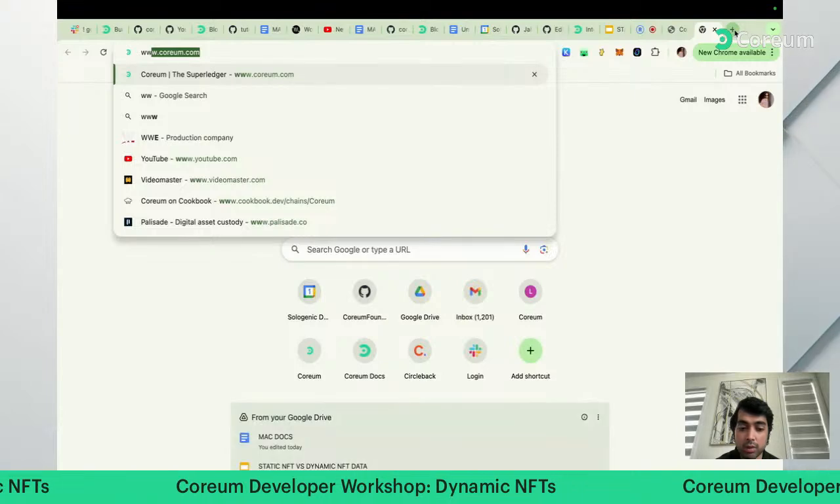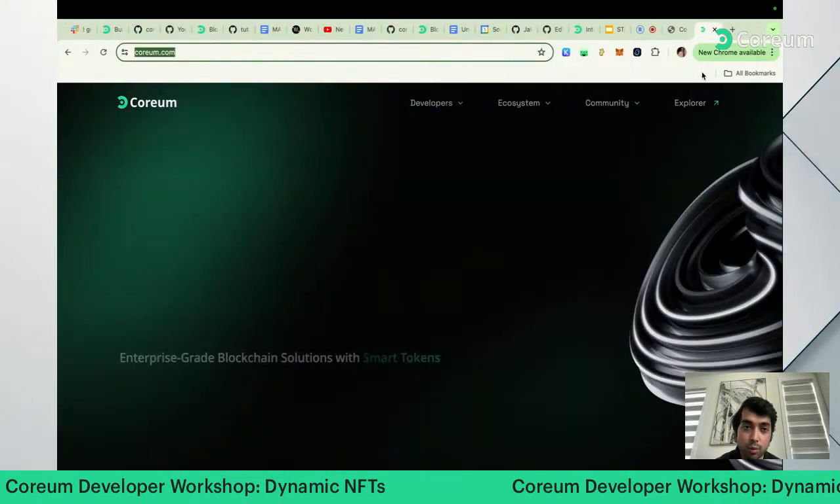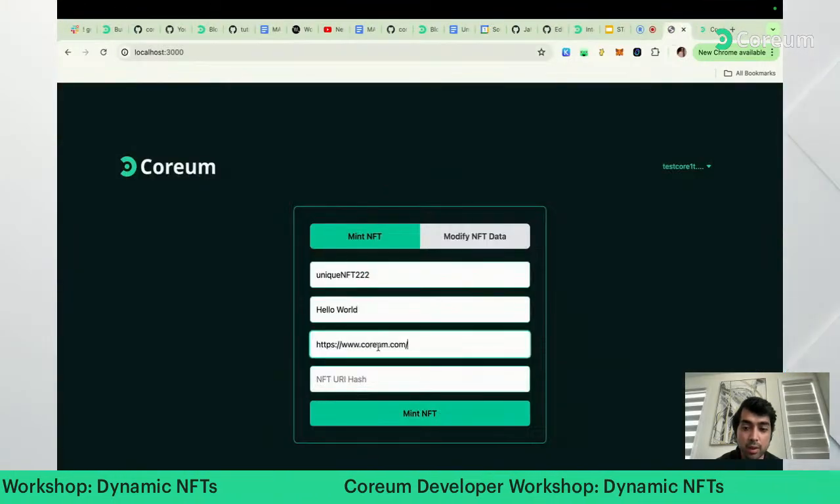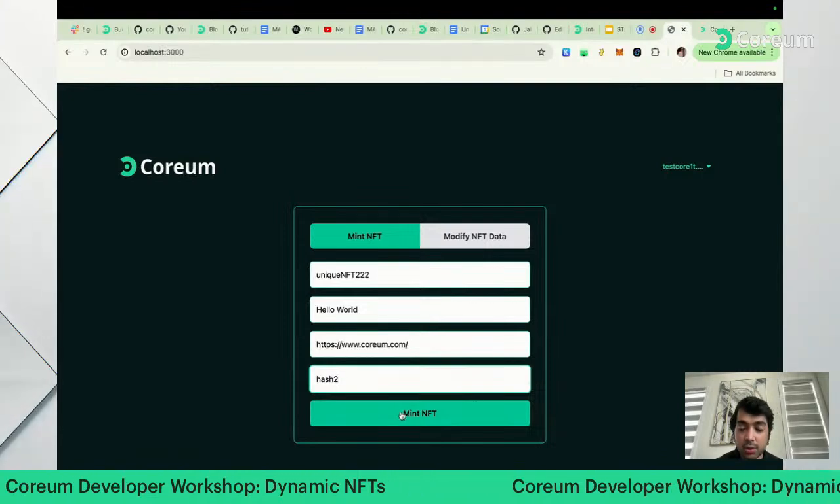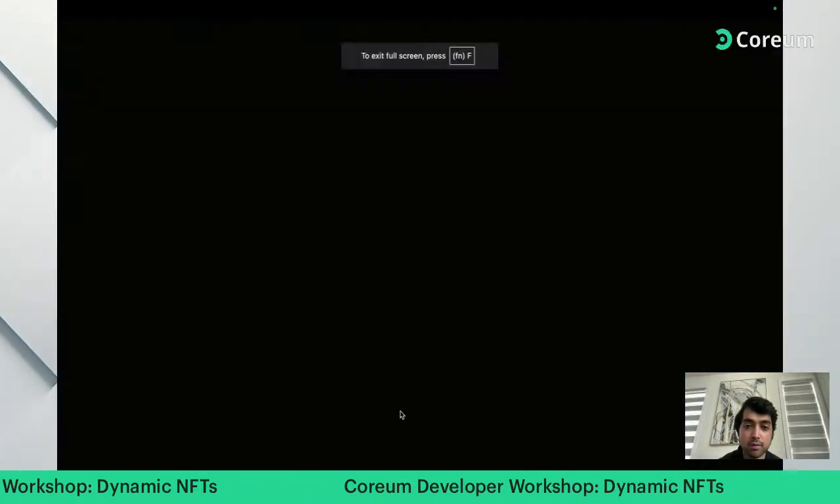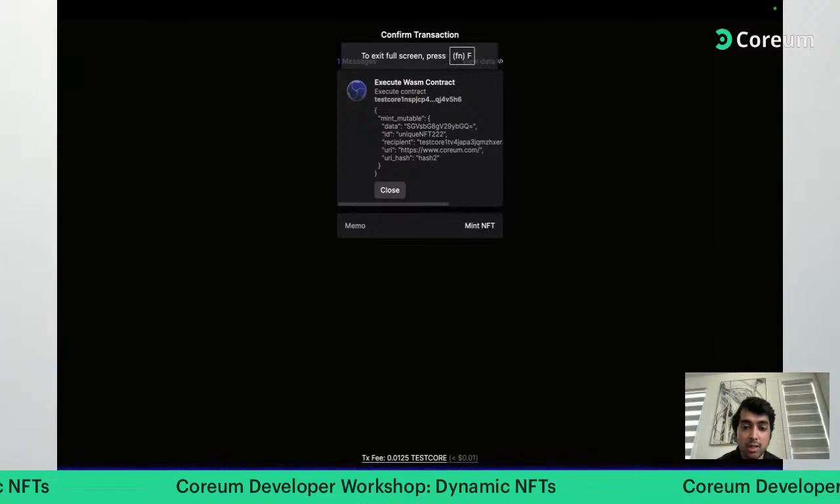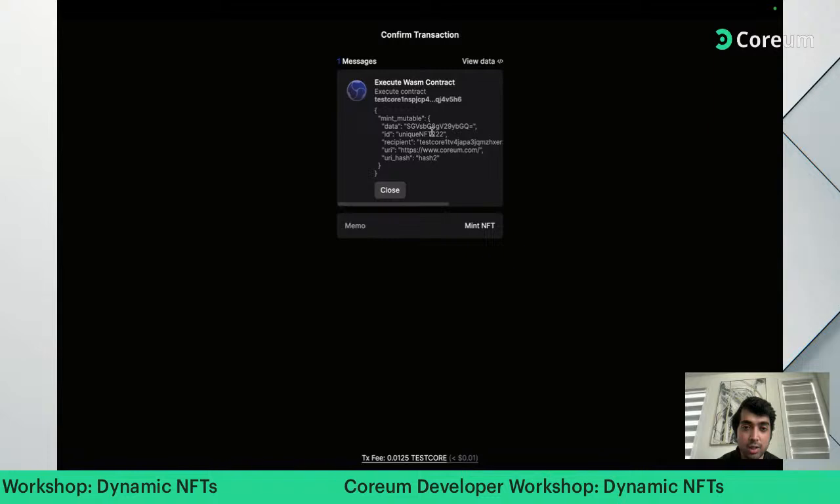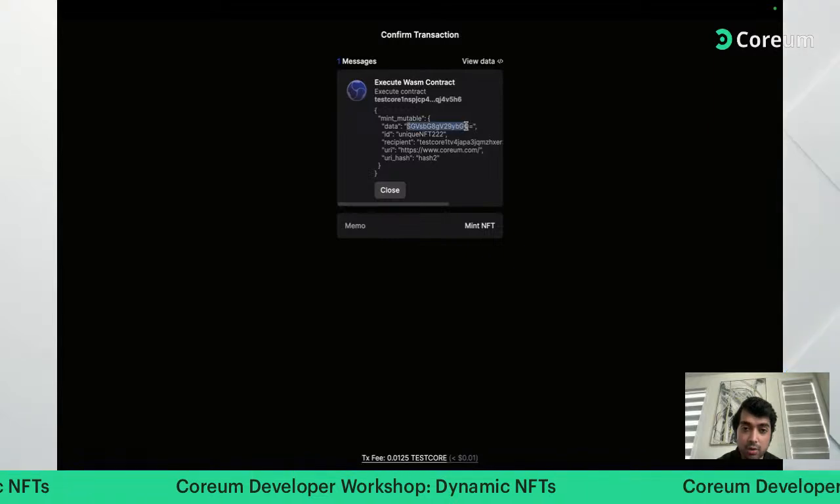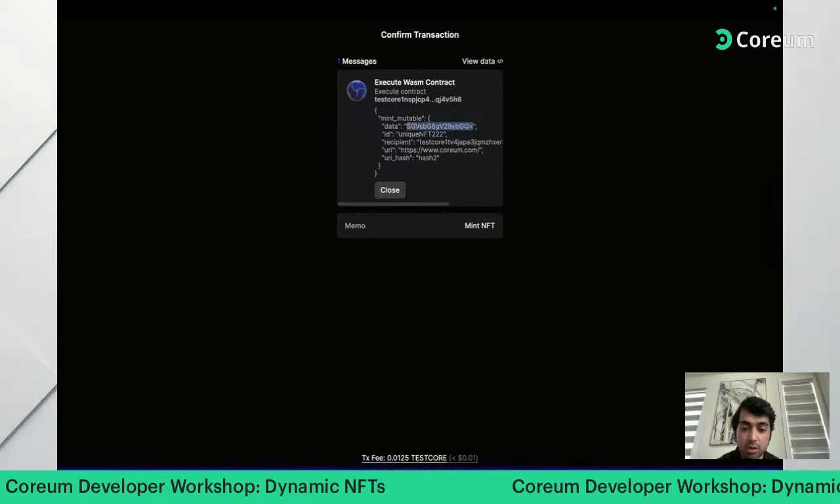Okay, we can get this URI for Coreum. I'm gonna go right here, just gonna put hash 2. We're just gonna mint NFT. I'm gonna show you how that's gonna work. I'm gonna say mint NFT. Now I'm actually approving this transaction. You guys might not be able to see it, or might be able to see it. I'm just signing the transaction here. Just gonna approve,